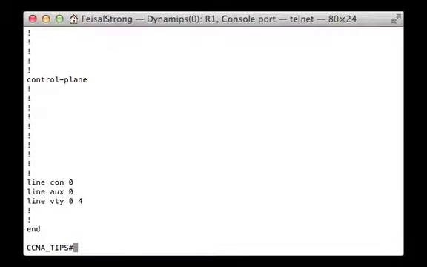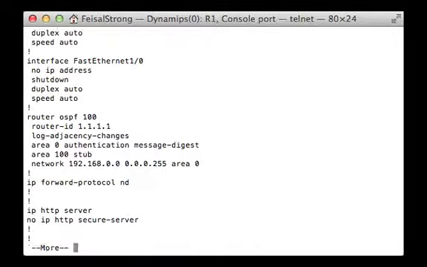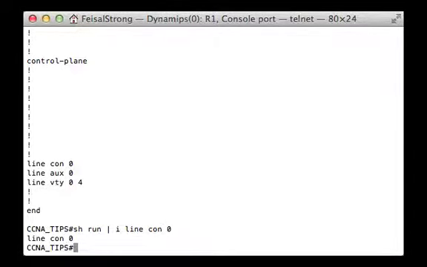Finally, let's take a look at how we can parse through this, sort of hack through this, and get some relevant information out of it without actually having to issue the command show run and spacebar until we find the one line in the console that we're looking for. Right? We could instead issue the show run command and use this pipe character here and utilize the keyword include and type in the string that we're looking for. The string that we're looking for in this case is line con 0. So we can include line con 0, and we could see that yes, that command, that line does exist within the